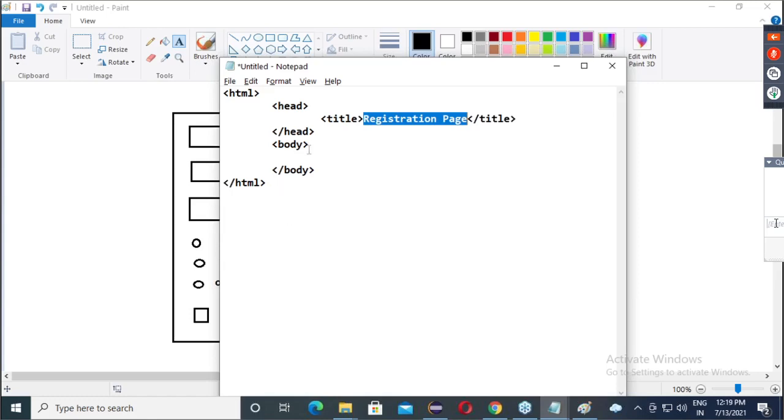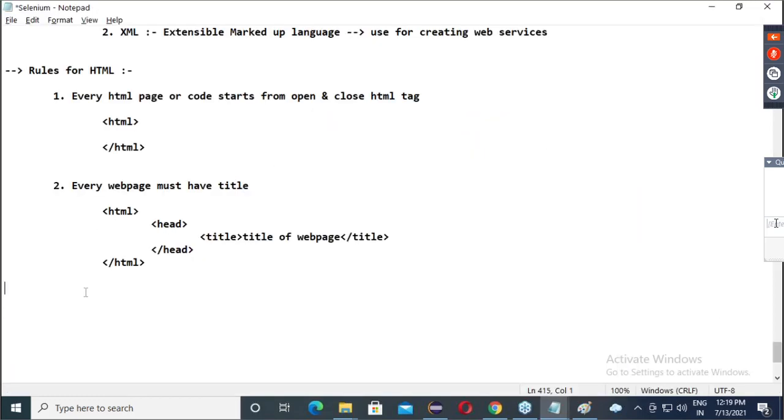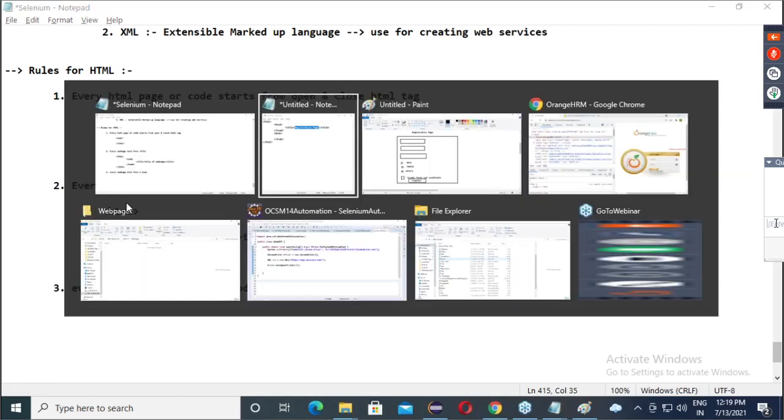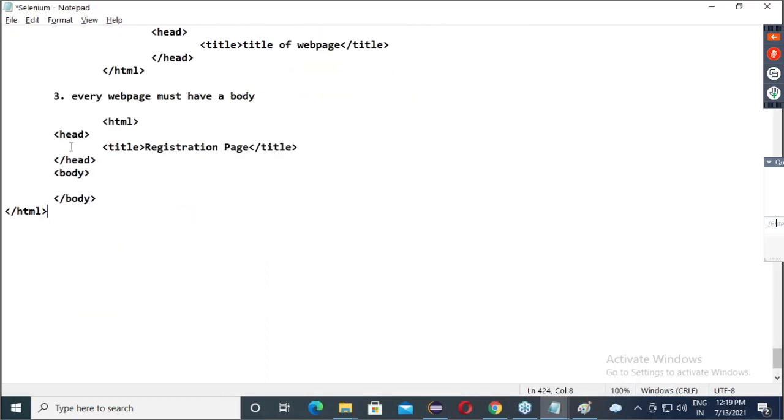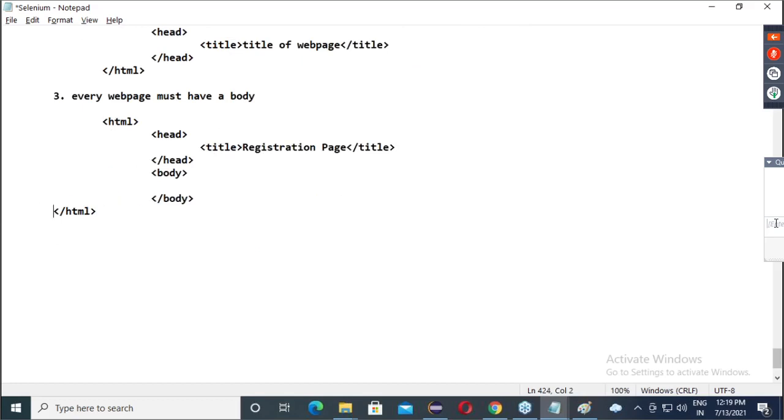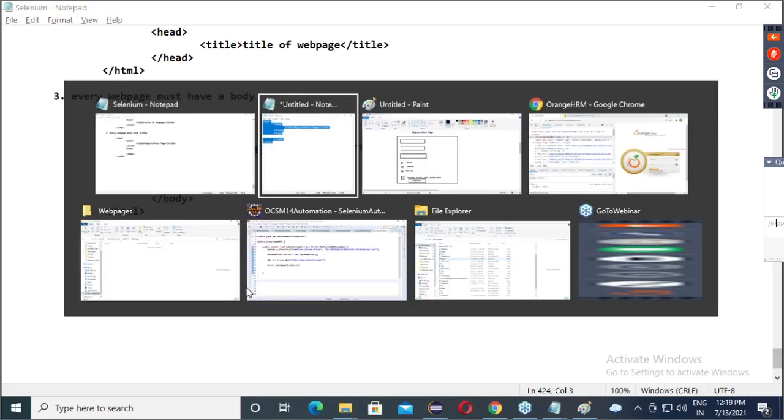Okay. So here the third rule is every web page must have a body. Every web page must have a body. So this is nothing but an example. Any confusion up to this? Confirm? Okay. Now inside this body, we will write our code. Okay. Now, guys,